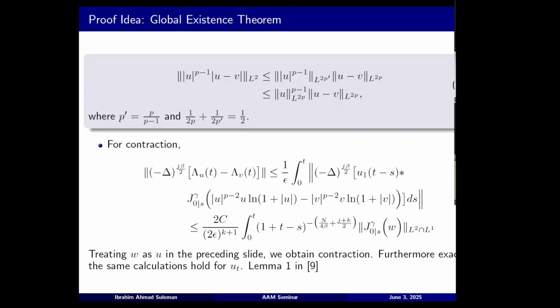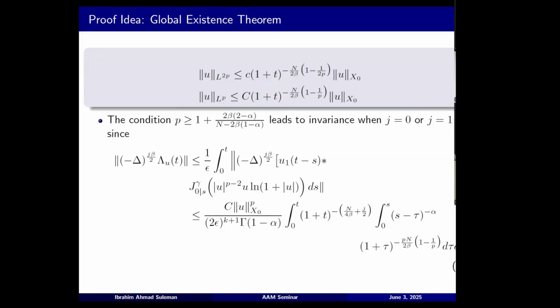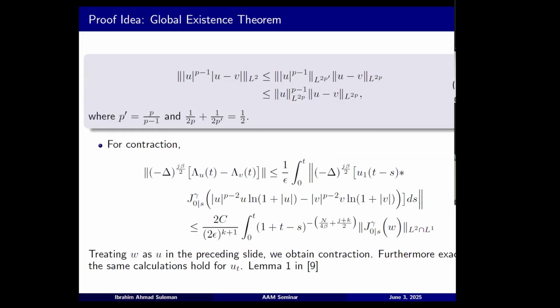Now for contraction, because after this step, everything is the same as before with the lemma of Fino. For contraction, we'll still need Hölder's inequality. We have discarded Sobolev's inequality in favor of the interpolation inequality, but Hölder still remains for contraction. So in this case, we have the difference, and by definition, we have this. Then the nonlinear term having the terms of u to power p minus 2, u and the ln minus v to power p minus 2, v and the ln is because of the linearity of integrals.